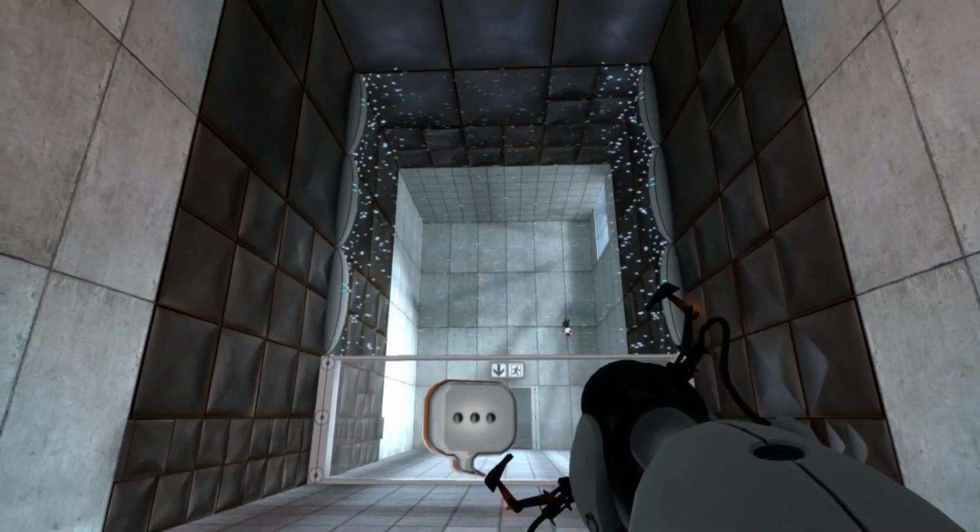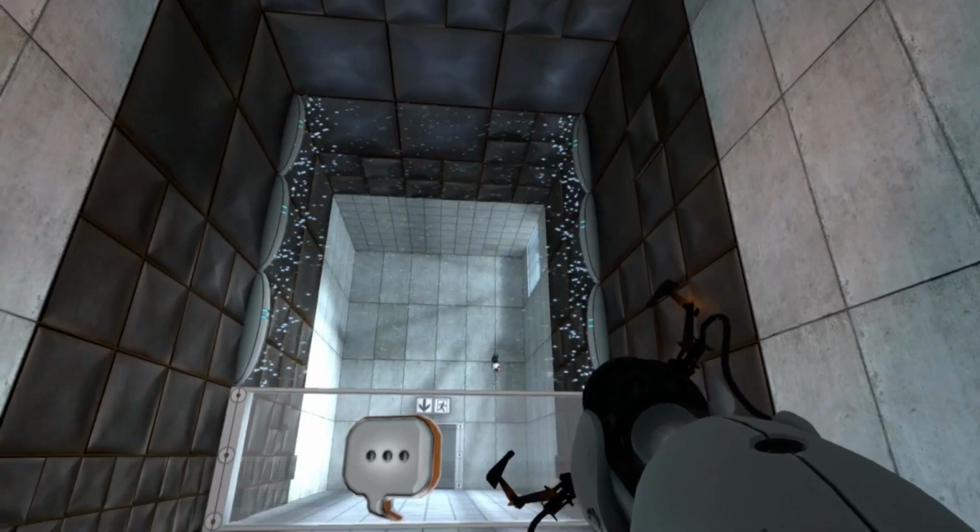Okay, so this is the chamber where GLaDOS mentions the cake for the first time. Right,